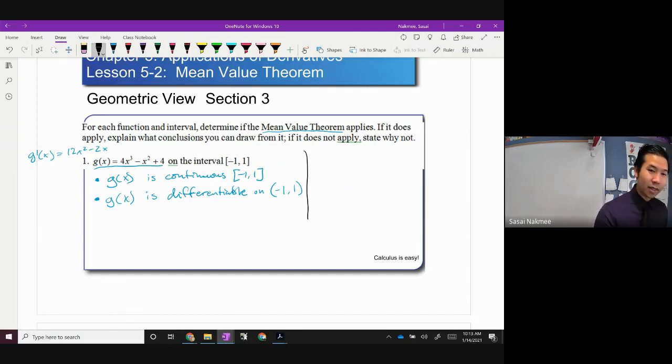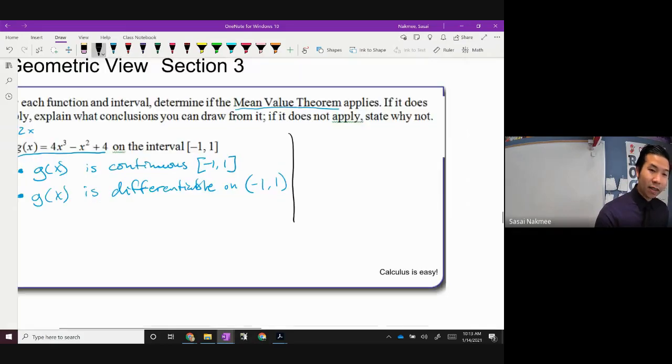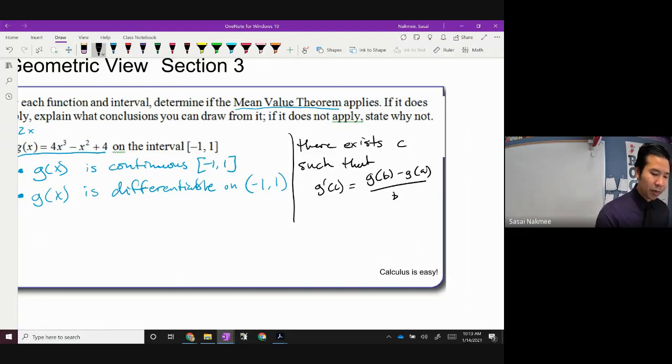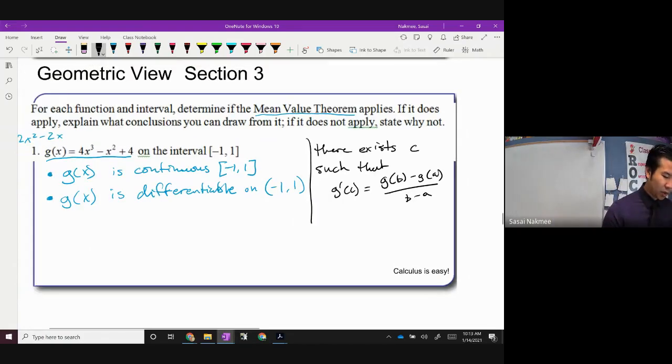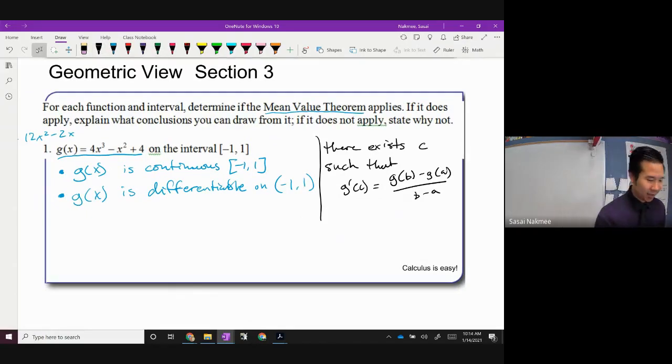And how does that get stated? I'm going to write that out as: there exists C such that G prime of C is equal to G of B minus G of A all over B minus A. If you want to put that into words, without the equation, I can state that the mean value theorem